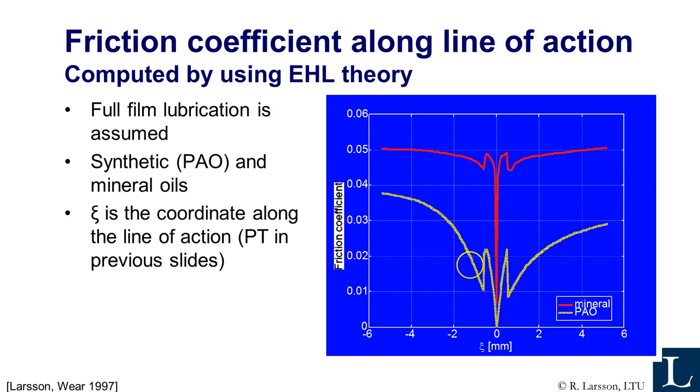one pair of teeth is coming out of contact, and the load is carried only by the contact point now. So the friction goes up, but then it goes down again, since the degree of sliding is decreasing, and eventually it comes to more or less 0 at the pitch point, and then it goes up again. A new pair of teeth is coming in contact, then it drops rapidly, and due to the increase in sliding, it goes up. And the difference here between the red and the polyalpha-olefin curve is due to different lubricant